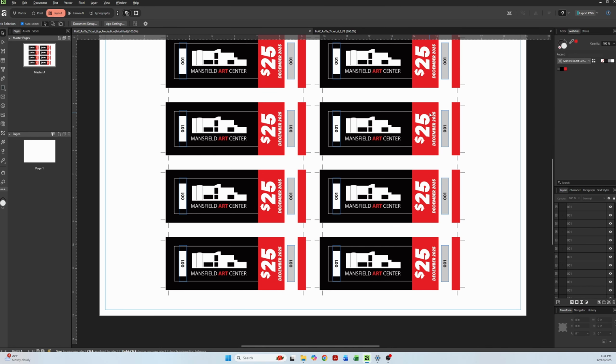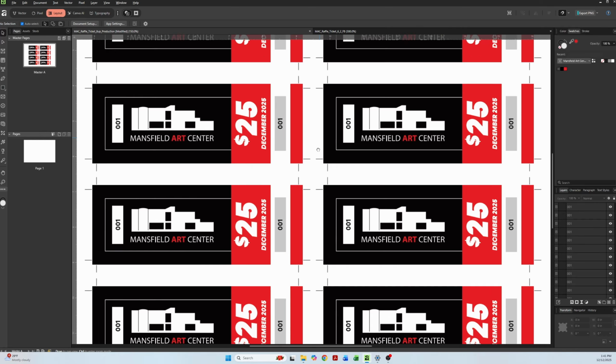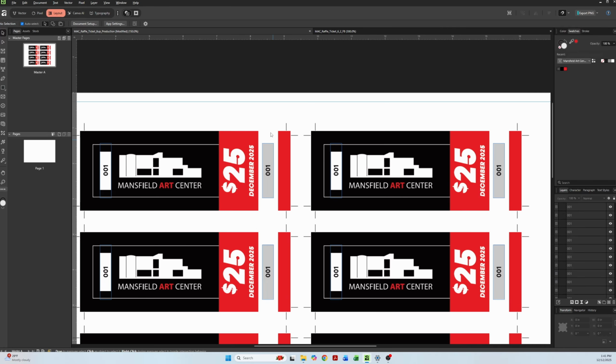And now we have all the numbering on all 8 tickets. So taking a look at this, everything's looking pretty good. And I'm now ready to remove this gray box from the design. And anytime I'm doing numbered tickets, or really any design that's multiple up, I keep one main file, in this